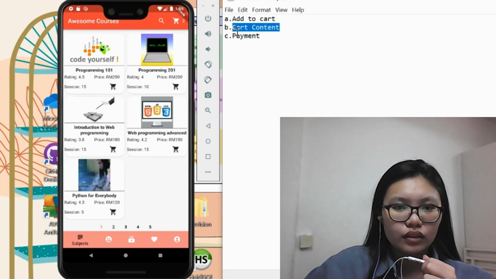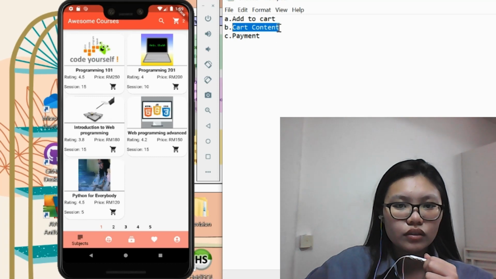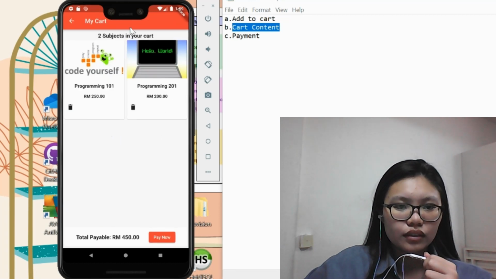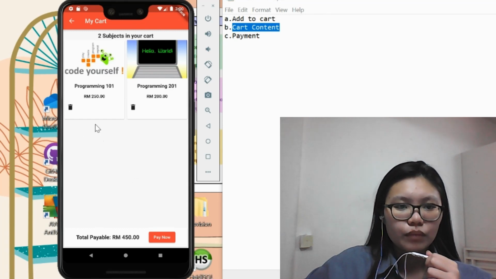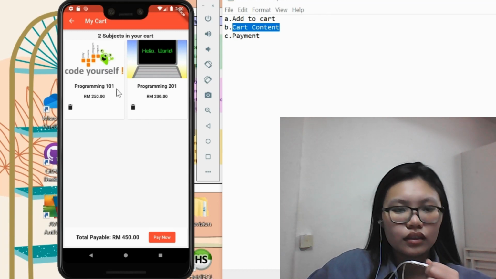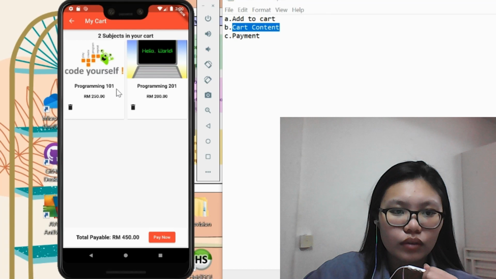Next I'll be sharing on the cart content. In order to navigate to the cart screen page, the user will need to click on the cart icon at the app bar here, and it will direct the user to the cart screen page. At first we have the description, which states that 2 subjects have been added in the customer's cart. For the content, we have the picture of the subject, the title of the subject, and also the price